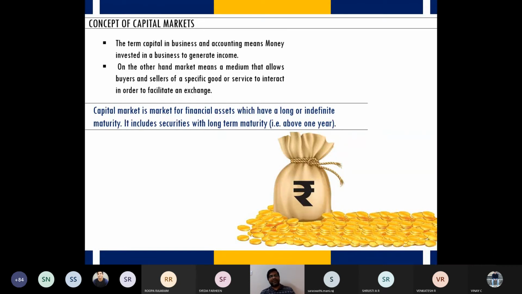The answer is it does not happen in that way. Because once you become a shareholder, once a company issues shares to the public, that becomes permanent capital. See, if your company borrows a loan for 10 years, 15 years, 50 years, there is a maturity, it has to return it back. The same thing applies in the case of debt instruments like debentures and bonds. After issuing debentures or bonds,